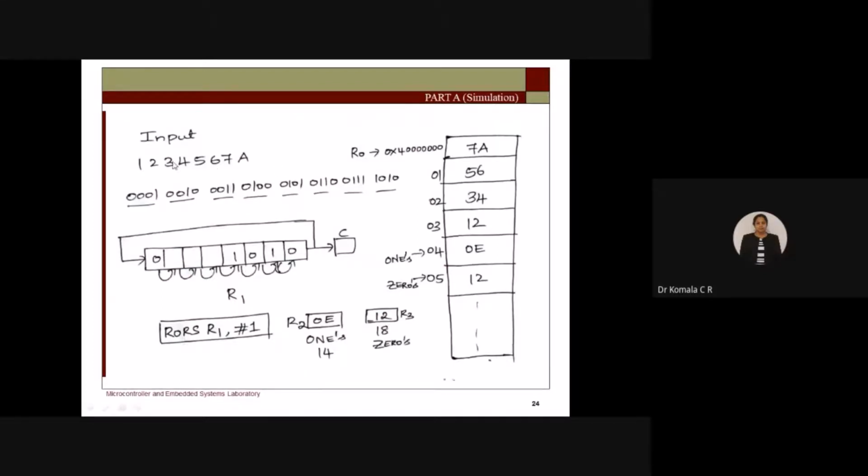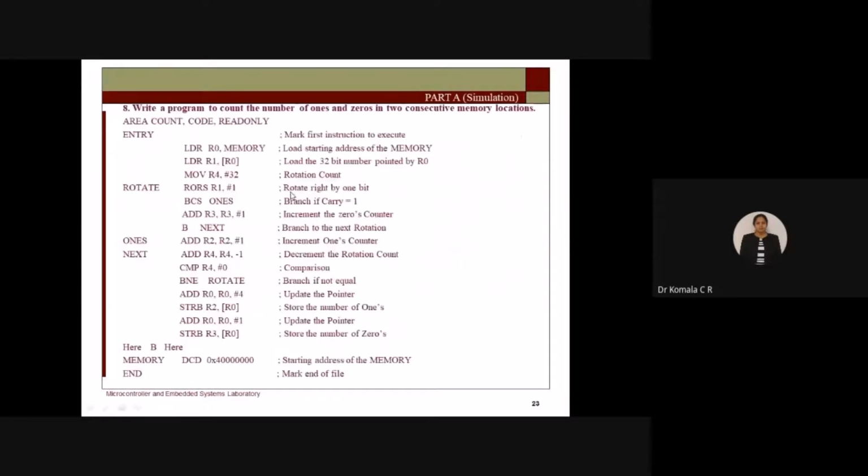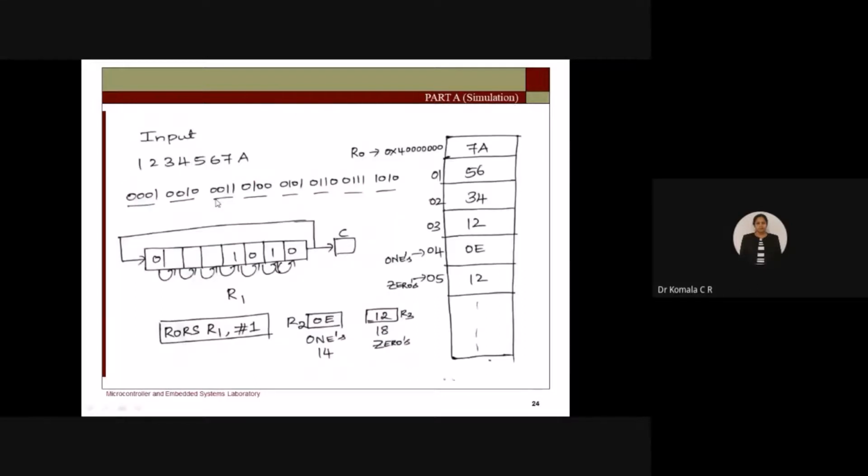Later you will take the next values and complete them. By the time you complete executing all 32 bits, you will get the answer for the number of ones and zeros, right? So first you get the result for the first bit. You rotate the content of R1 one time, and after executing the rotate instruction, you need to check whether the carry flag is set or reset.